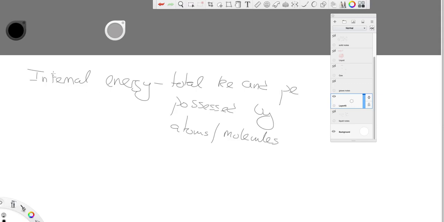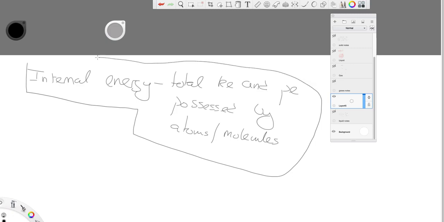One of the things we're saying with this is that you'll have to be able to quote that. You might be asked, what is internal energy? You have to be able to say. But you can add thermal energy. You can take your solid, add your thermal energy, and that energy that you add might increase the kinetic energy, but it might increase the potential energy.